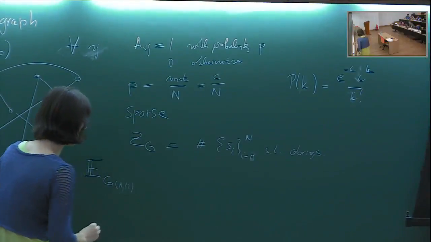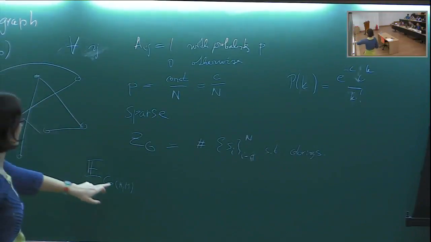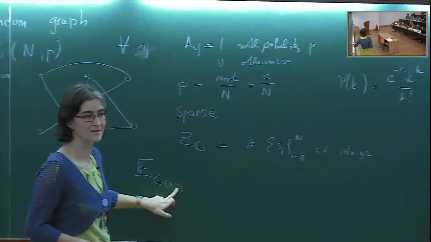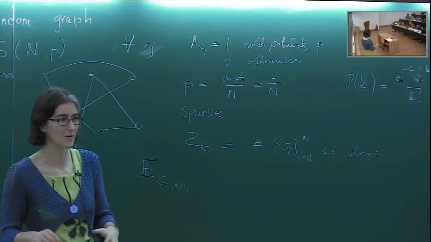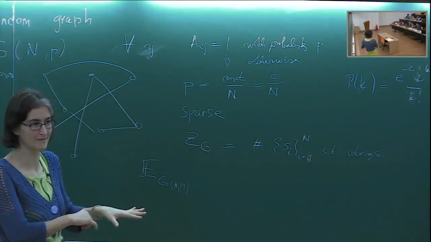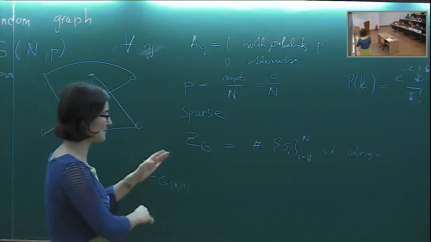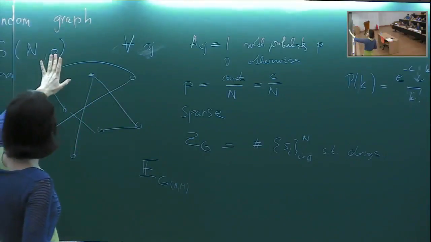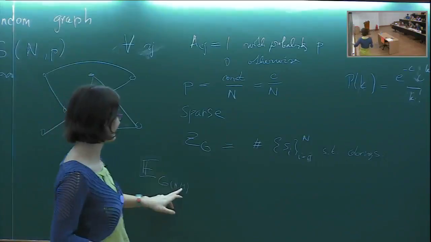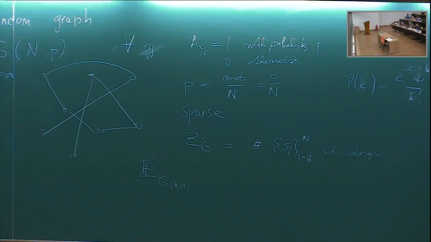For simplicity, I changed slightly from fixing the probability of putting an edge to fixing a given number of edges. This is like going from the canonical to the microcanonical ensemble. For all purposes of this lecture, these two ensembles will be equivalent. Of course, they are not strictly equivalent, as some large deviation properties are different, but these properties will be irrelevant for our lecture. Sometimes I will work with fixed probability and sometimes with a fixed number of edges. And this C and the number of edges are still related in this way.